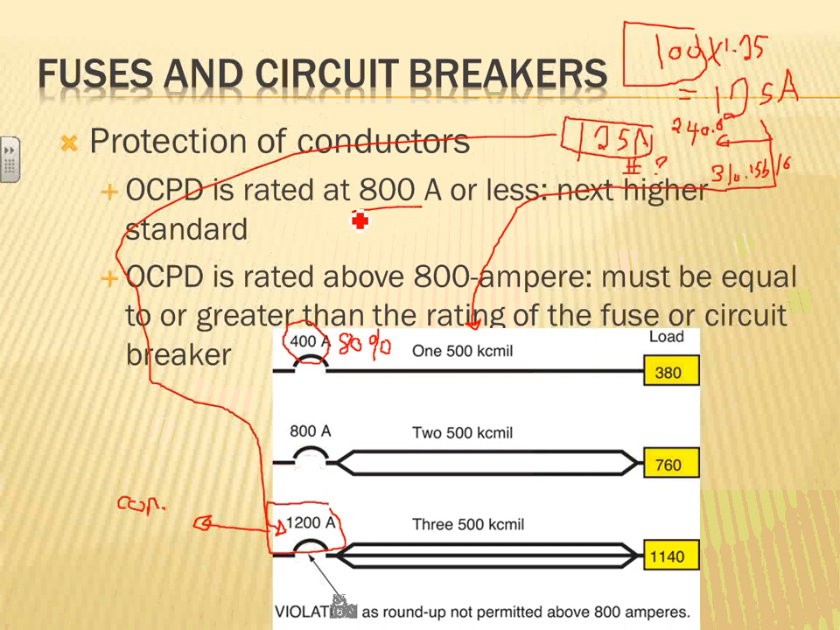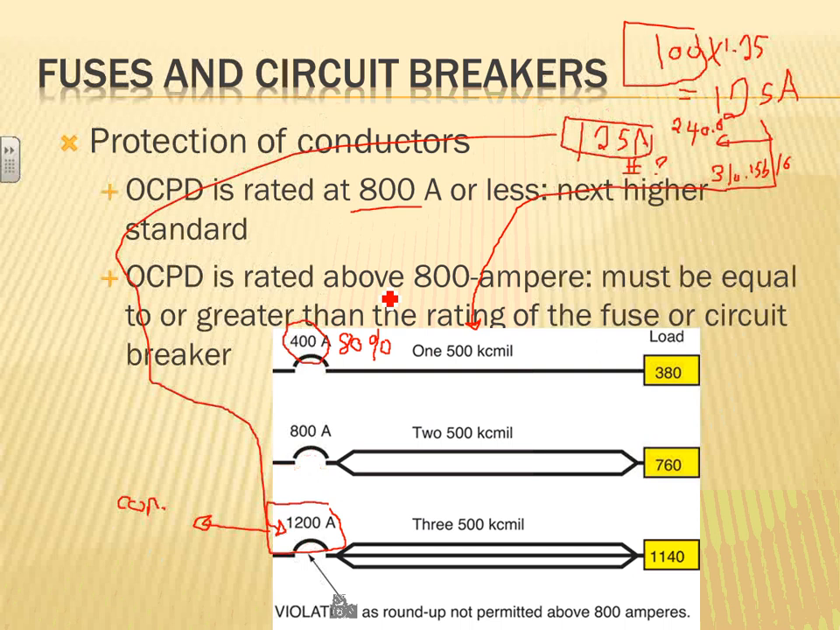If your overcurrent detection device is less than 800 amp, then your conductors. So for example, here's a good example. If my overcurrent detection device is less than 800 amp, then I can size directly based on the load multiplied by 1.25. The load, because when you,